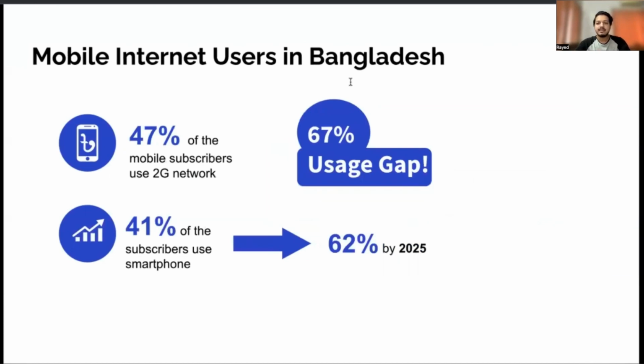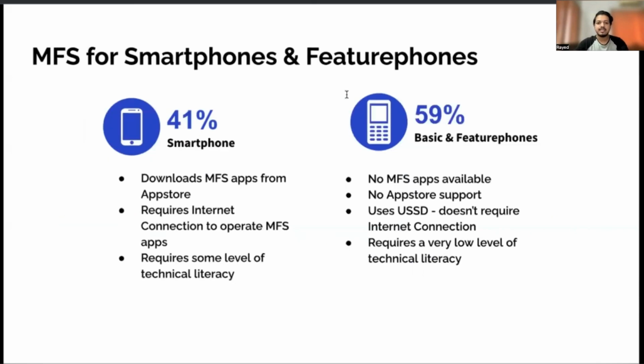One of the means of accessing MFS is through internet. About 47% of the total mobile subscribers use a 2G network, and there is a 67% usage gap. In the country, 41% of the mobile subscribers own a smartphone, and the marginalized community are very unlikely to switch to smartphones due to their financial and literacy constraints, which may limit the smartphone adoption rate to 62% only by 2025. Now, the present rate of financial services provided through mobile devices can be divided along the mobile devices functionality,